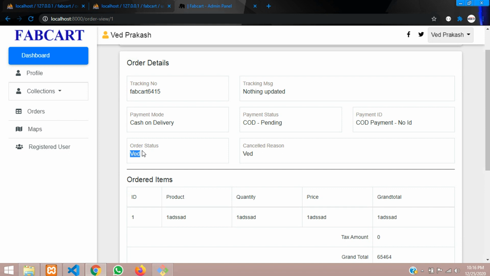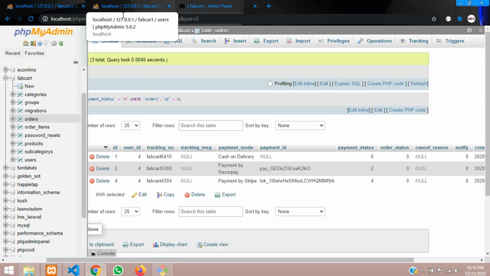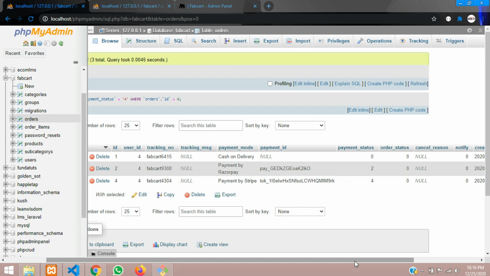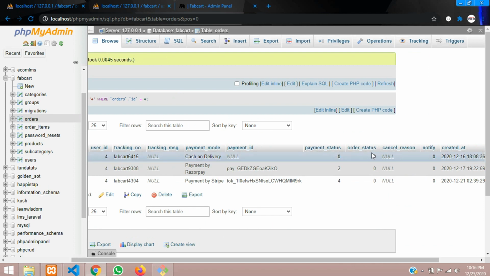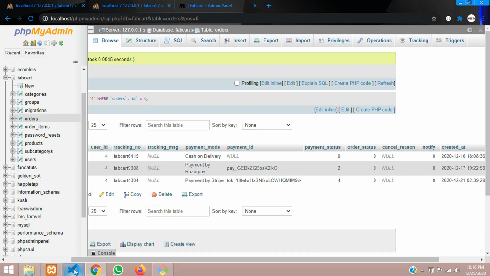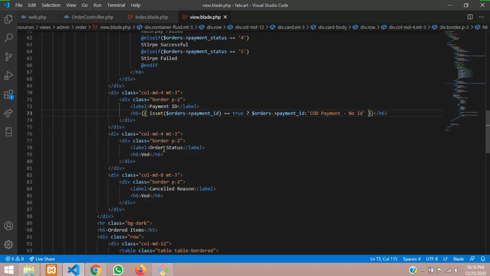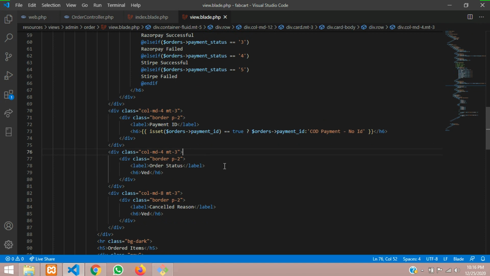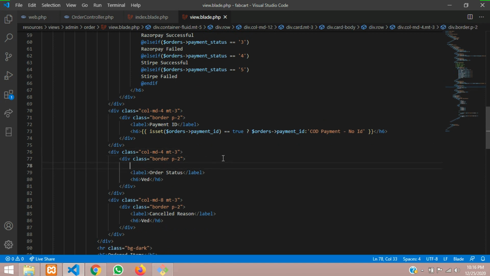So let us fetch this order status also. So order status is nothing but you are going to get, that is over here. So order status is like you'll be getting completed or cancelled or updated, right? So let me make the rule over here for it. So as usual, we are going to make a rule called 0 is equal to pending.